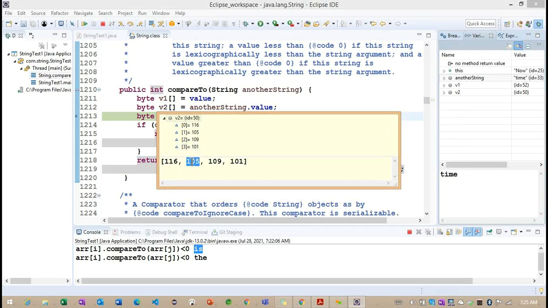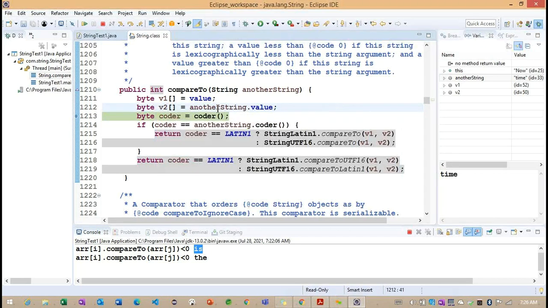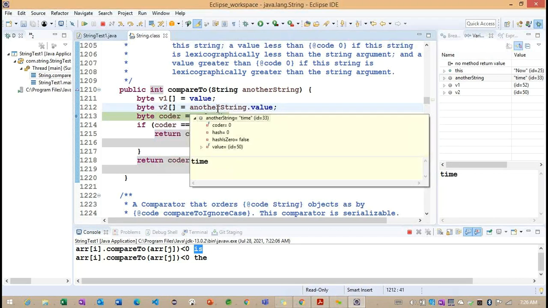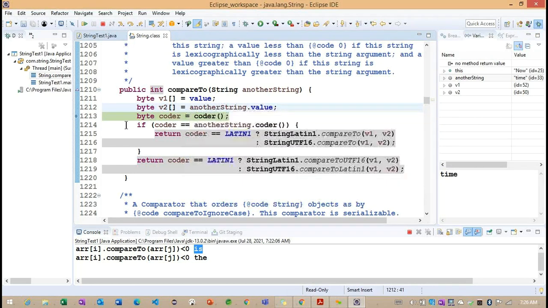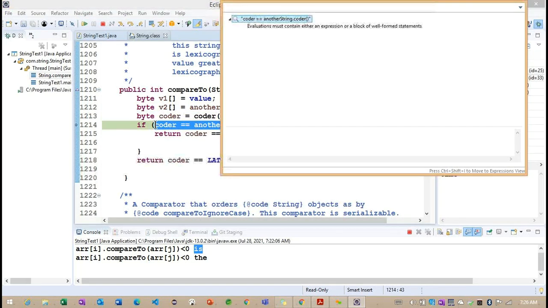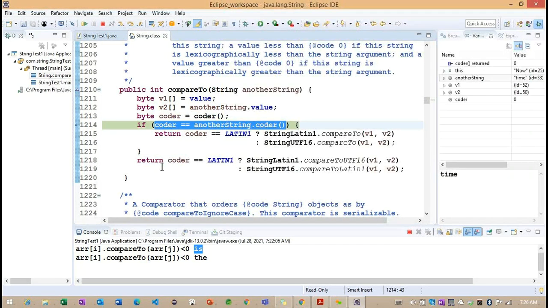T is located at 116, I is located at 105, M is located at 109, and E is located at 101. These are the Unicode values of the given string. Now the coder I am trying to get, and we need to check here whether it equals the other string or not.